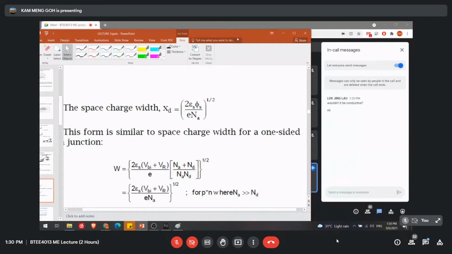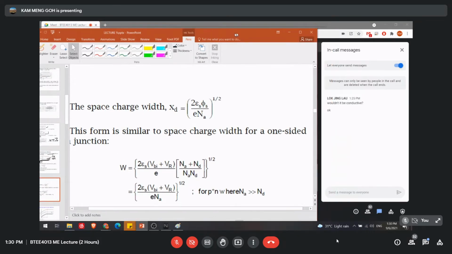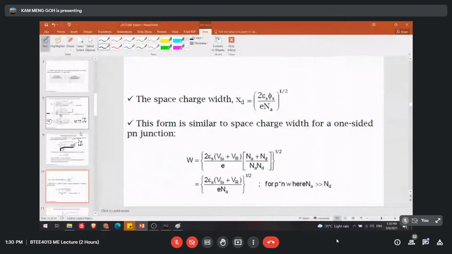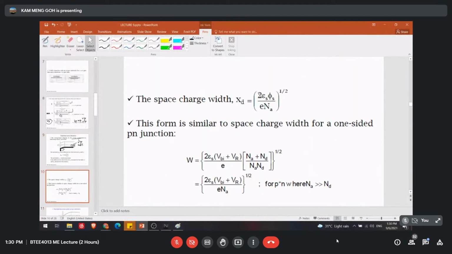And we also need to deal with the space charge width. What is the space charge width? Space charge width means this area: if we supply a very high voltage here, it will induce a positive space charge region. And it will be written in this way, this formula. This SD is the region here. And then this will be equal to the square root of 2 epsilon S times this potential difference,